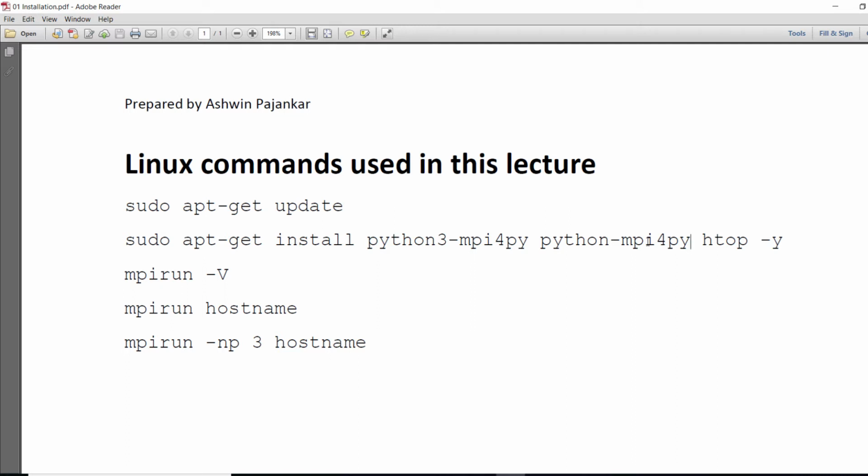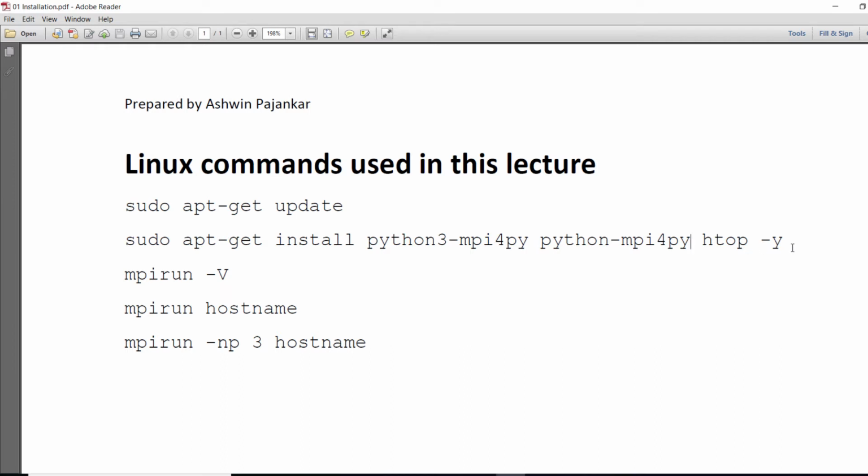So we are just going to install MPI for Pi for Python 2 and 3 and htop with this command. Okay, so the command is sudo apt-get install python3-mpi4py python-mpi4py htop -y. -y means yes to all the prompts.